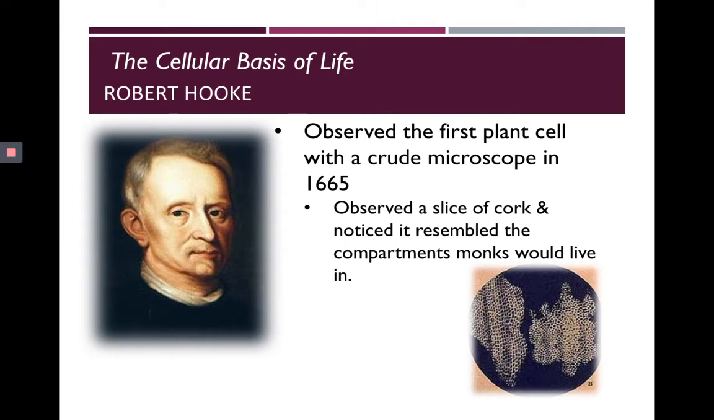Let's start with Robert Hooke, who was the first to observe a plant cell with a crude microscope in about 1665. So he had a microscope that had enough magnification to observe the basic shape of separate plant cells, and this was from a slice of a cork. And he noticed that the tiny compartments, which are now called cells, appeared to resemble the compartments monks would live in. And monks lived in rooms called cells, so that's why he called what he observed a cell, and it